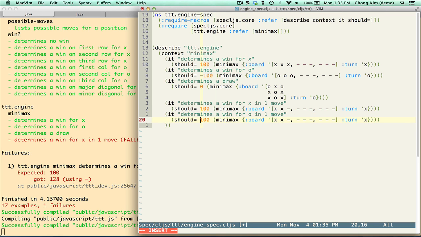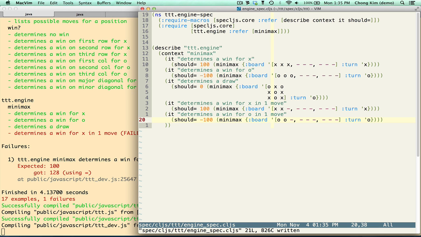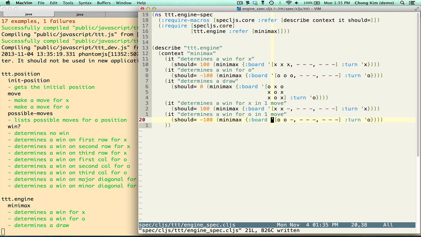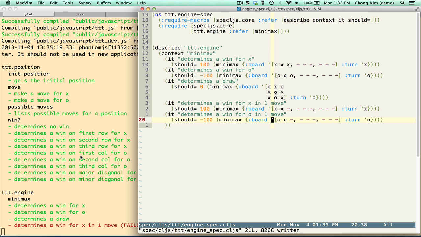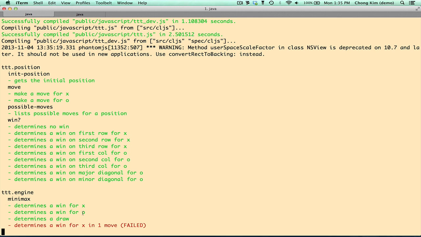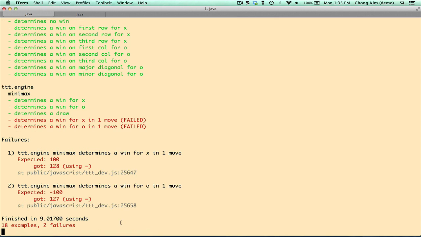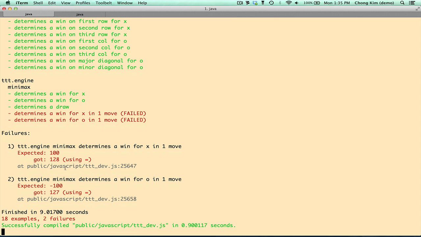And that should be negative 100. Well, it's going to be the wrong answer, but it's going to be working correctly. Okay, so for here, now it's going to be balanced. It's still taking some time because it has to do the calculation. And okay, the first one failed and the second one failed, but okay,